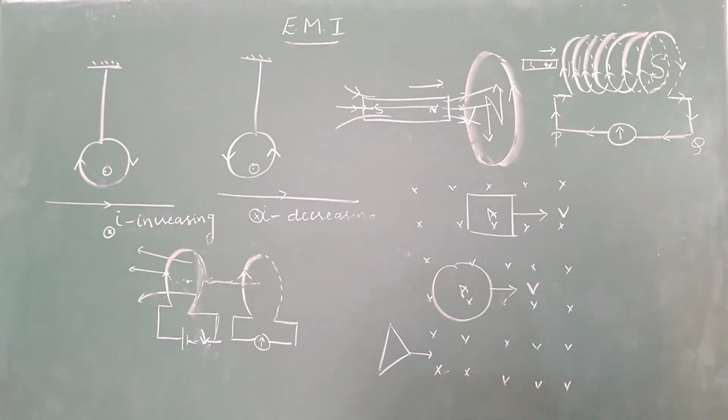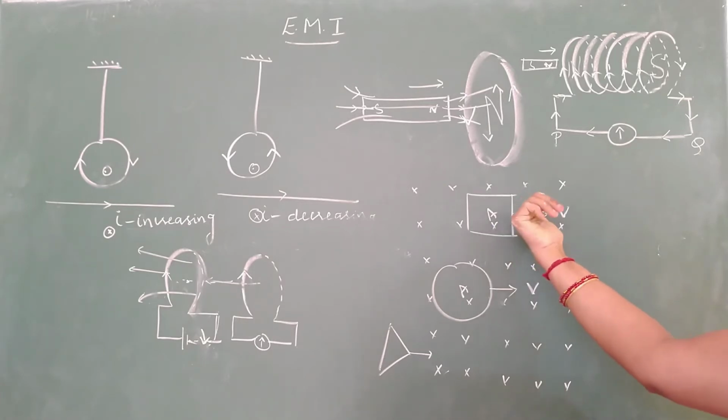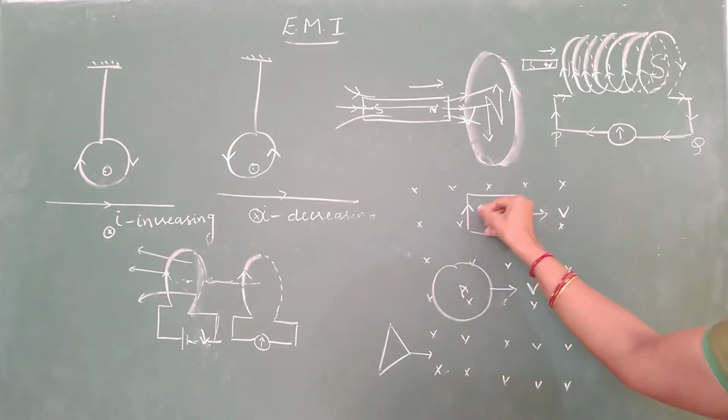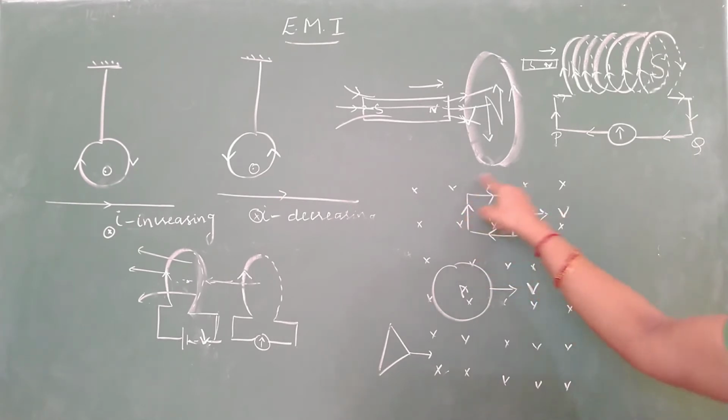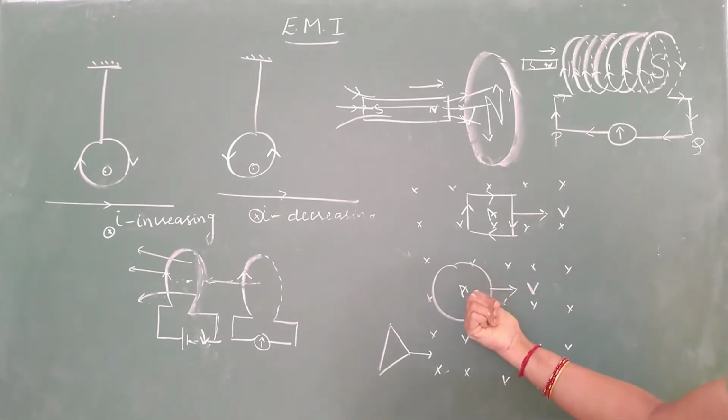First let us find the direction. Already flux direction is given, field is inward. If you move it outward, flux will decrease. If flux is decreasing, do not invert your thumb. Curl the fingers. What is the direction? This is the direction of induced current. Second case also same. When it comes out of the magnetic field, flux is going to decrease. Put your thumb in the direction of cross. Do not invert your thumb because flux is decreasing. Curl the fingers.